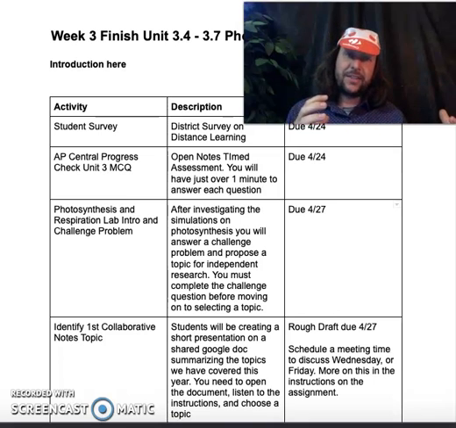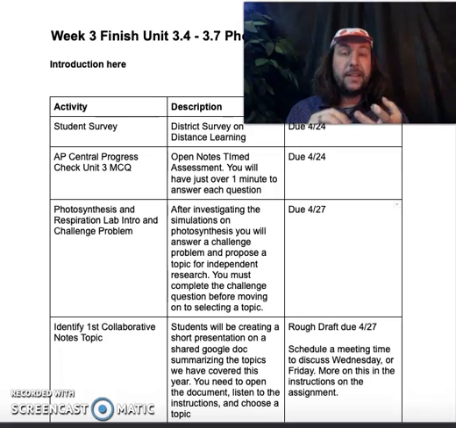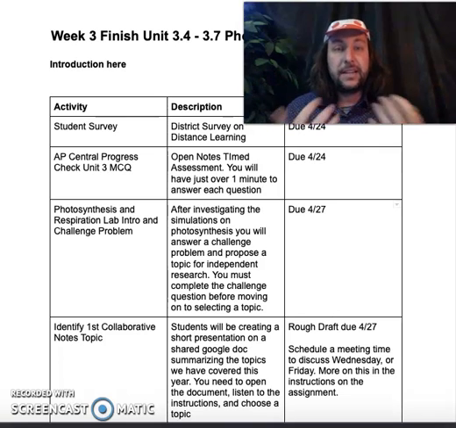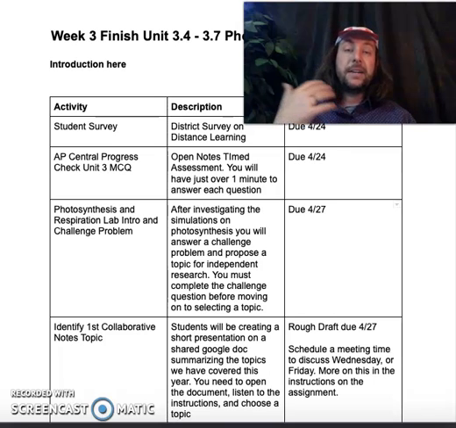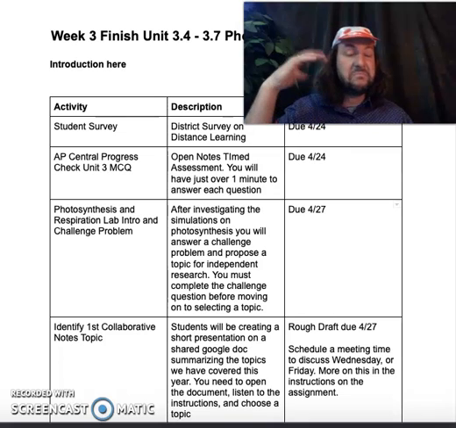Once you've answered that challenge question, then you can go and select a topic, an independent variable that you're going to manipulate to learn something about photosynthesis. The challenge problem and your proposal for your lab are due by next week, Monday. Proposal simply means you've identified your independent variable. You haven't collected data, or you're not giving me an answer. You're just identifying the independent variable. Now, I'm not going to allow everybody to select whatever independent variable they want. I'm going to have a list,